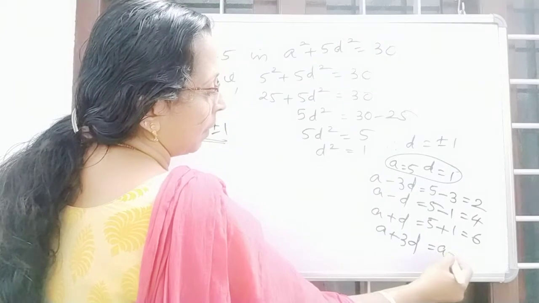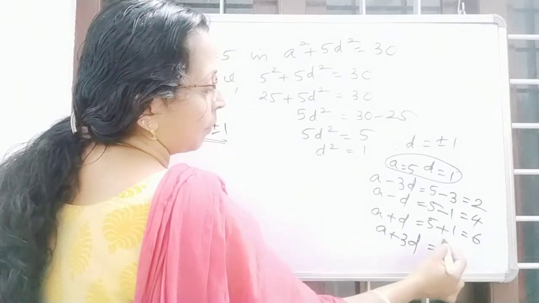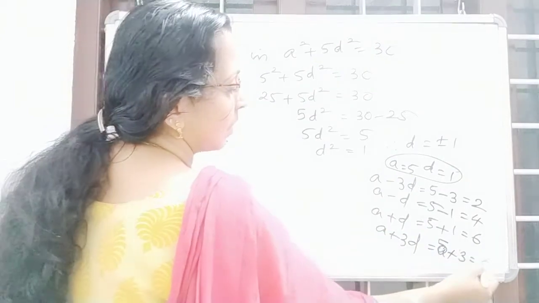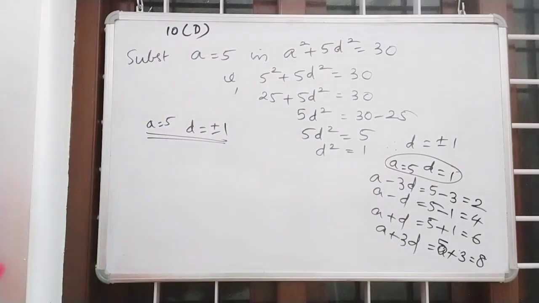Then here a plus 3d is 5 plus 3 into 1, which is equal to 8. Same case we get if d is equal to negative 1, so I am not doing that now. Directly we can write the four numbers are